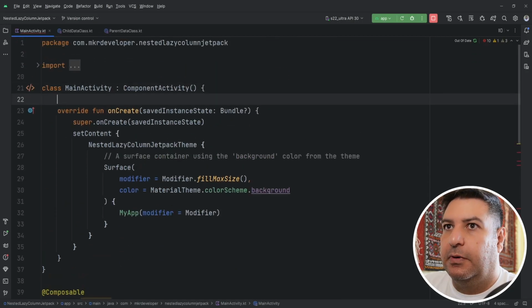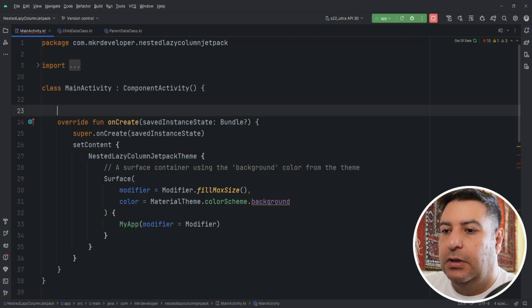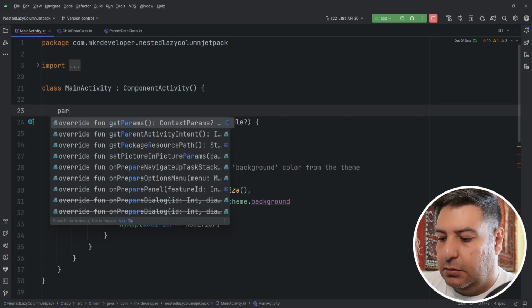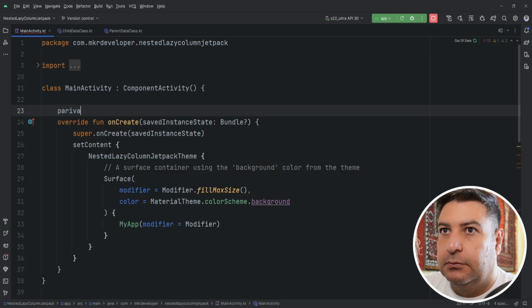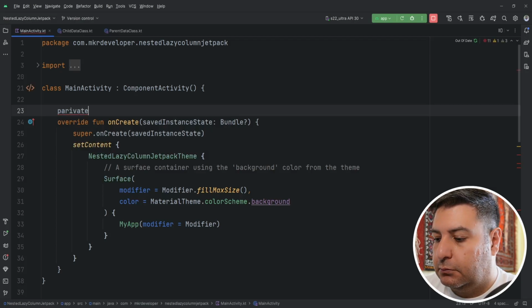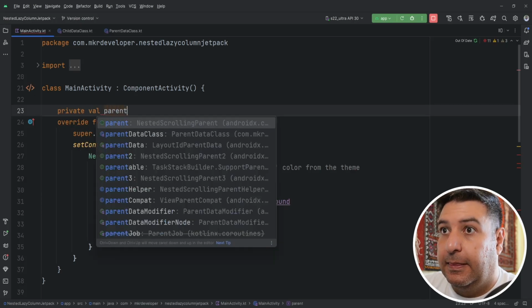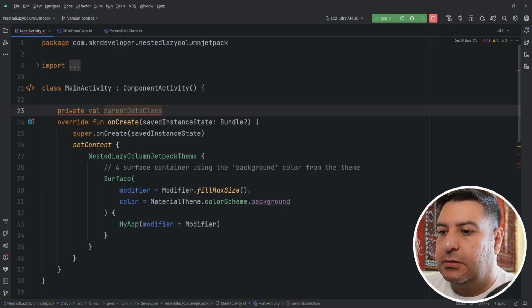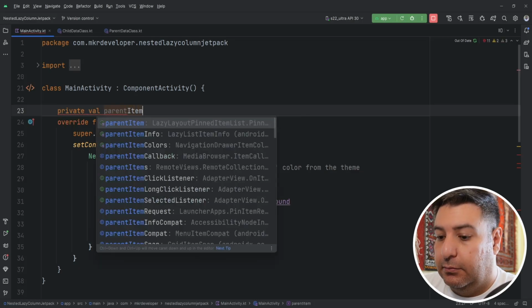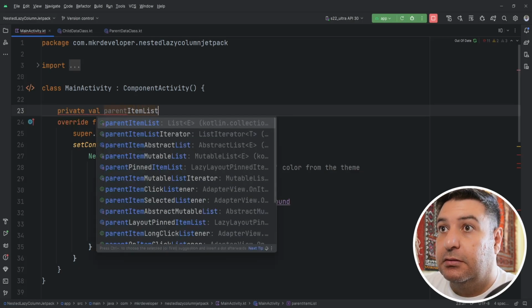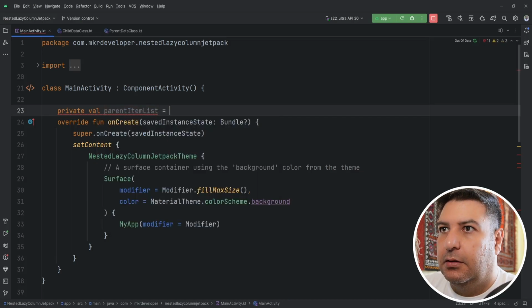In the global scope I am going to create a value out of the parent data class. Private val parent item list, better, equals to